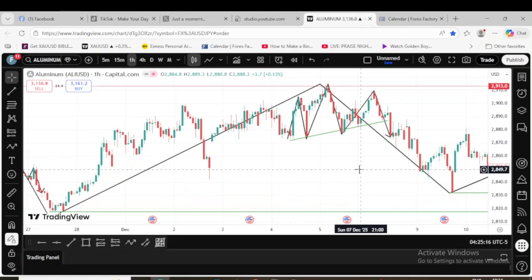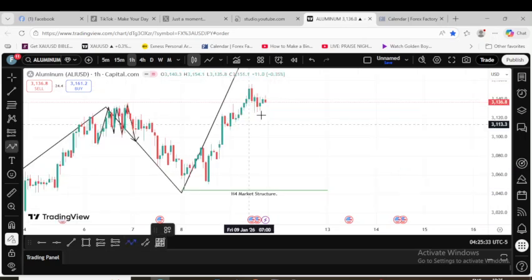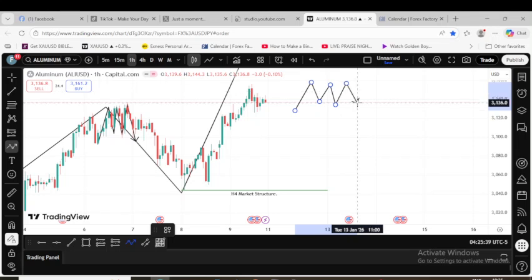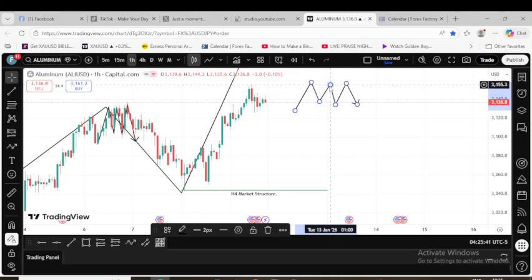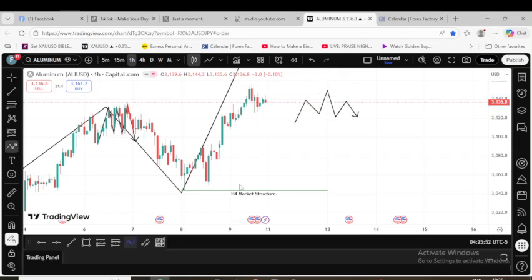a second M here, no particular pattern here, a third head and shoulders pattern here. So if we spot a head and shoulders pattern, let's reduce this a bit. So if we spot a head and shoulders pattern, or if we spot an M pattern here, then we will be looking to